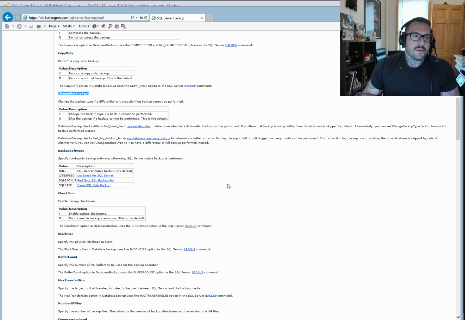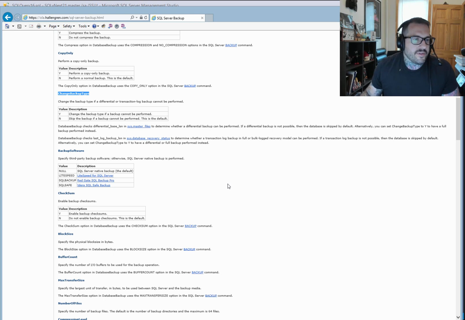All of a sudden you hit this database, you can't take a log backup of this database, perhaps because it's a brand new database. If you have change backup type in there, it will take a full backup if a diff or transaction log backup can't run. So you want to have this in your differential and transaction log backups if you have software that creates databases